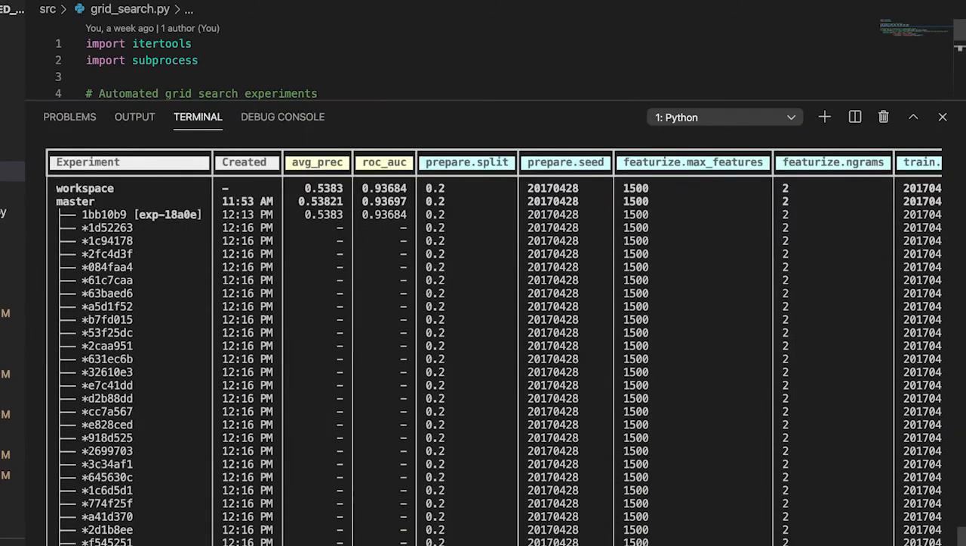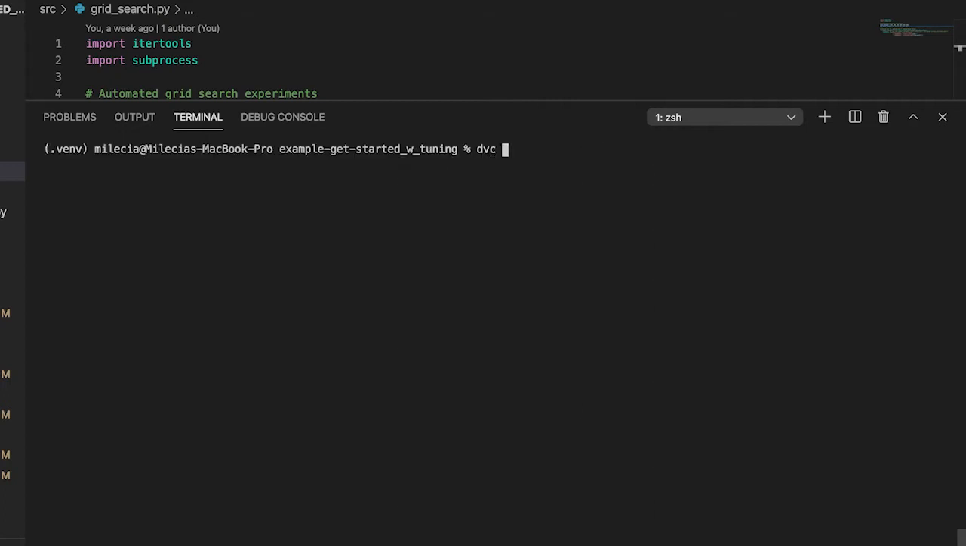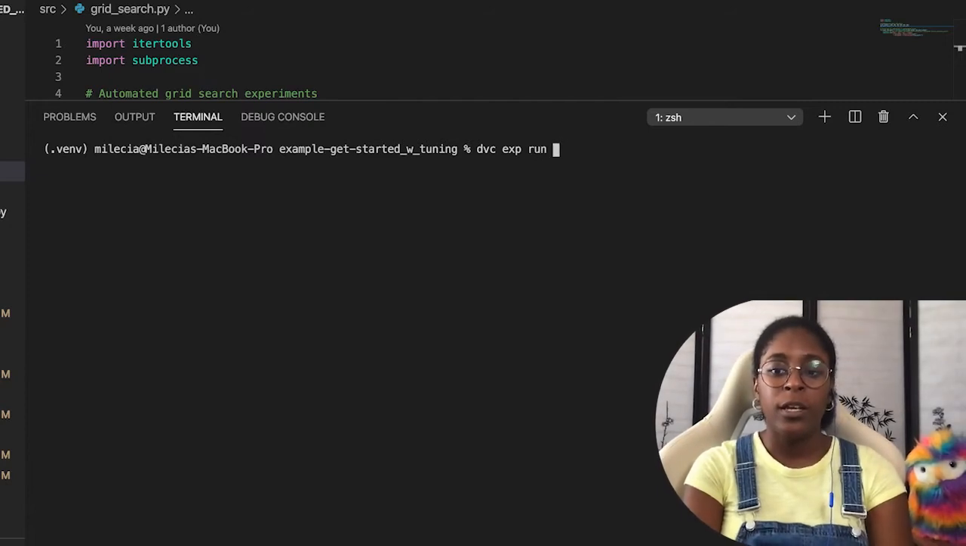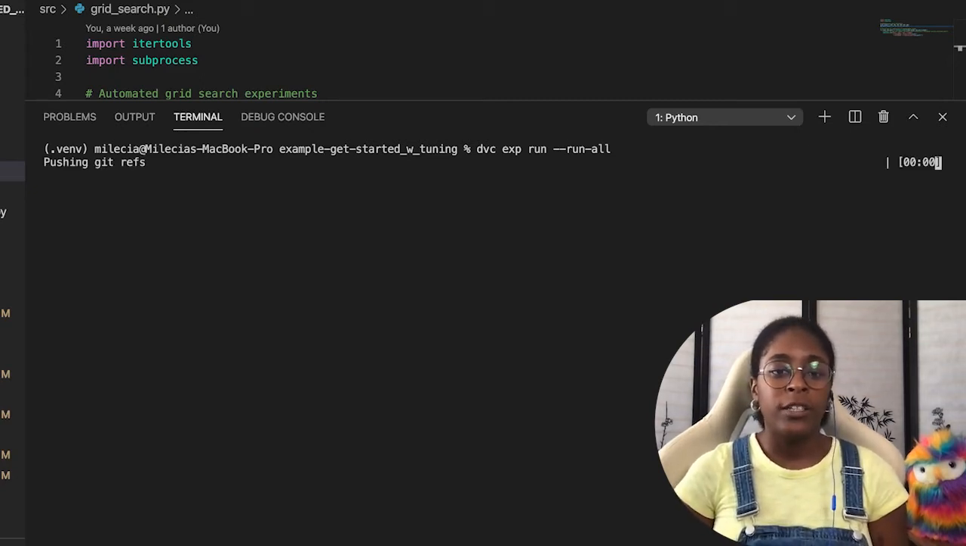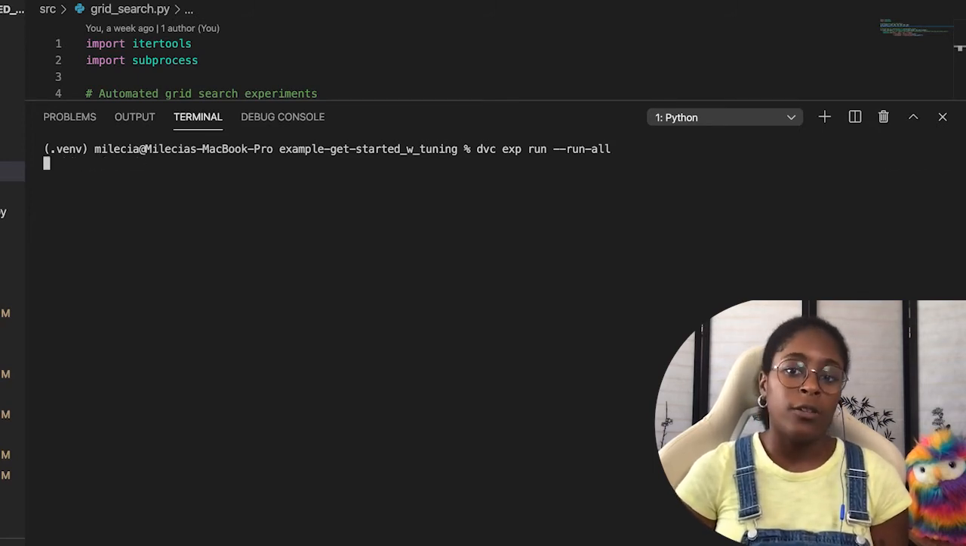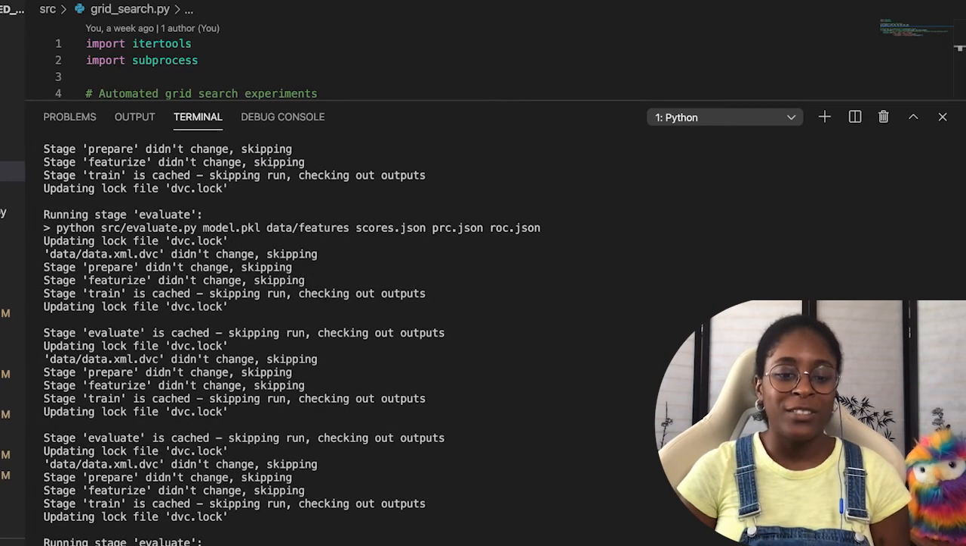So you see we have a lot more experiments here, but that's fine, because since they're all queued up and ready to go, I'll clear the terminal again. We'll run dvc exp run, and we'll use the --run-all flag. What this does is go through and check for any queued experiments, and then it's just going to run all of those. In this case, we're running everything in series, which is fine because this shouldn't take too